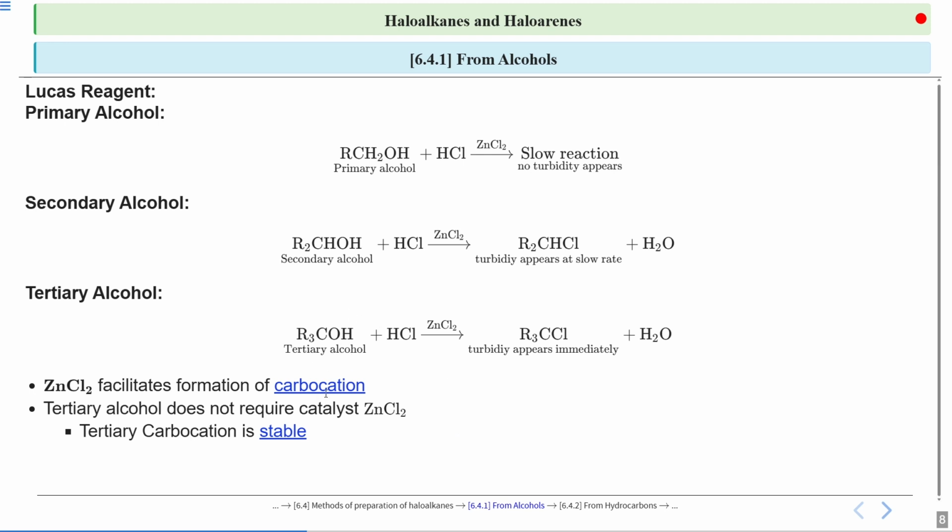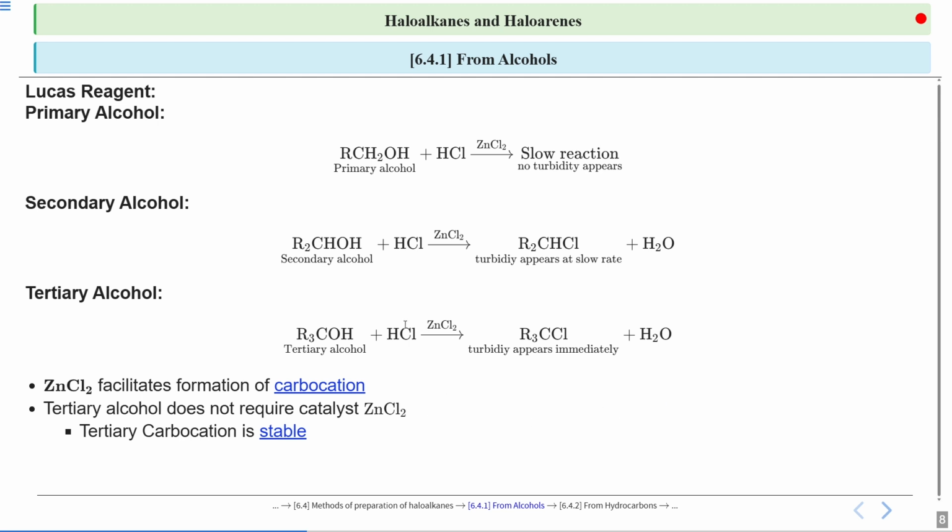That means you are going to get ROH2 positive, right? The protonation of alcohol happens. Now the H2O will be acting as a good leaving group from the ROH2 positive, right? So it will leave and give you a carbocation. And here in the case of tertiary alcohol, you will get a tertiary carbocation, which is the most stable one, right? So if, as you know, the stability of tertiary carbocation from the secondary or the primary, you can easily